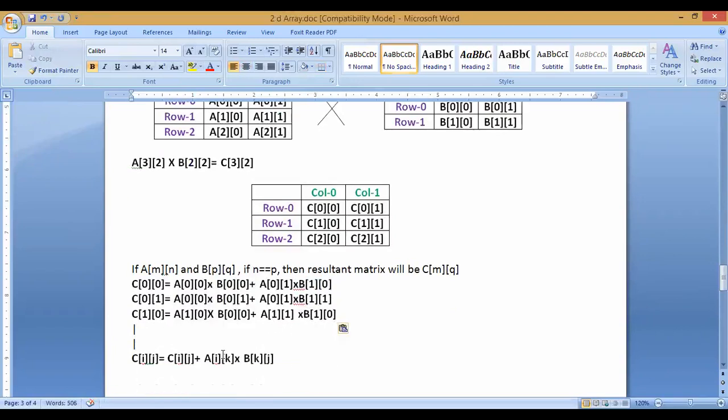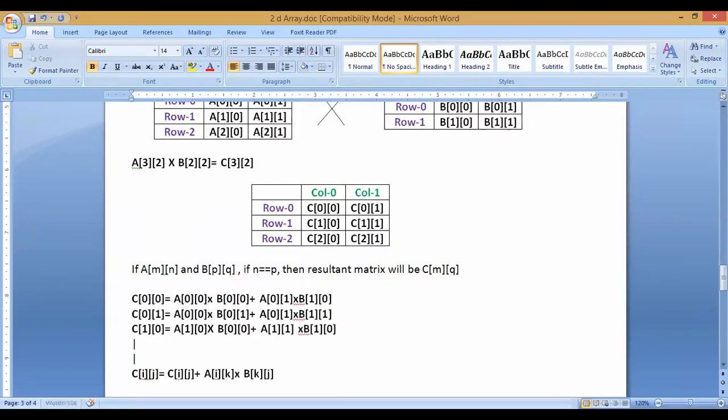Okay. So in this way, I can see that whenever I am going to multiply, my common dimensions are the same. What is the common dimension? What condition have I written? Column of A is equal to row of B. So you can see here A00 is multiplied by B00, A01 is multiplied by B10, right?